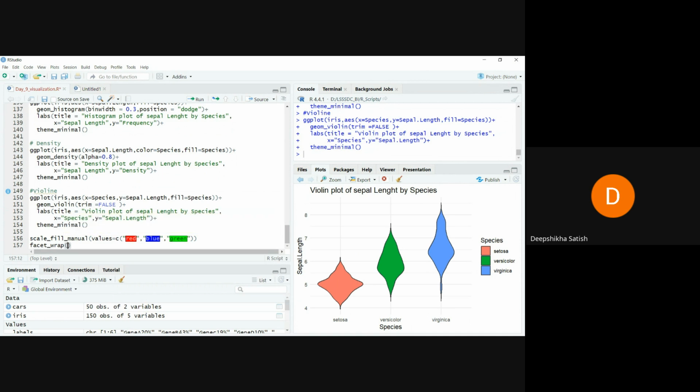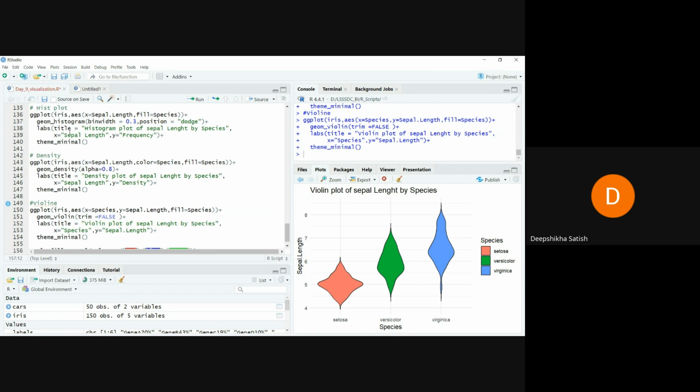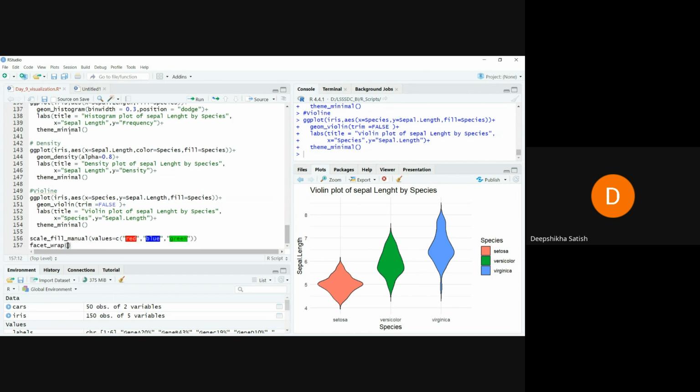So for that, species wise, you want three different plots. Like here we generated histogram, right? In one plot only there are three merged species and their bars. So if you want to generate three different species and three different subgraphs, then you can use facet wrap on what basis you want. Suppose I want on basis of species column. So tilde sign you can use, and you can write the column name. Also,